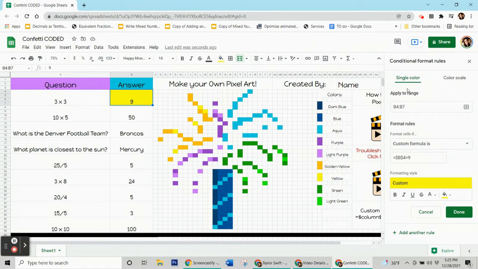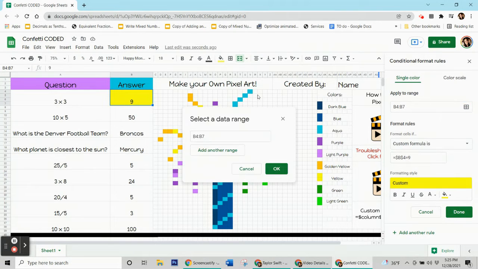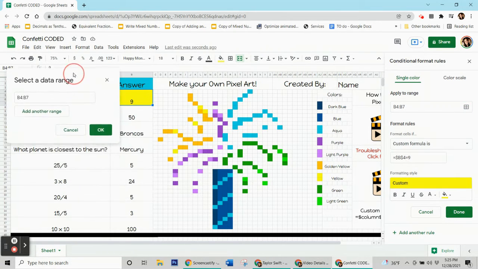You're going to come up to Apply to Range. It already has the B4 through B7. That's this box here. But we want to add to it. Click here. Slide this over. And then I'm going to start clicking on the other light yellows, but before I do that, I need to